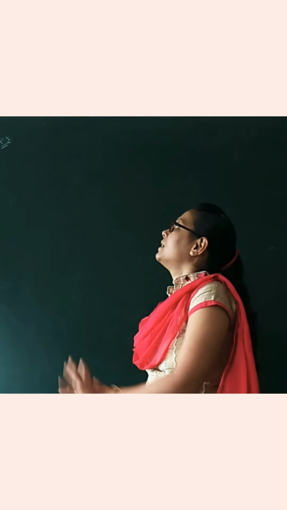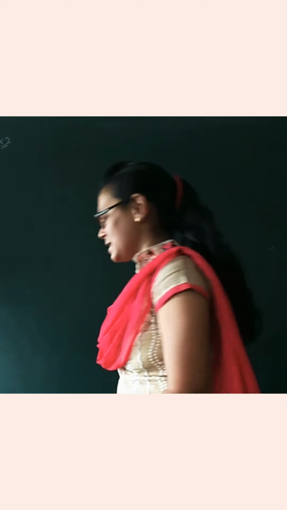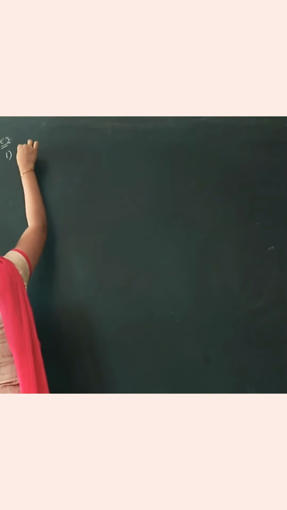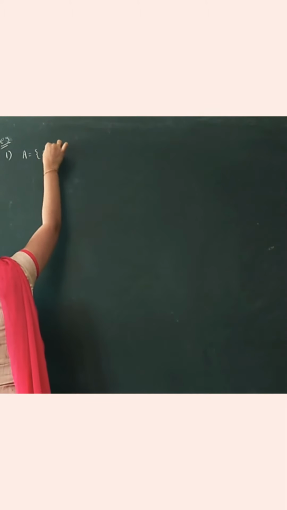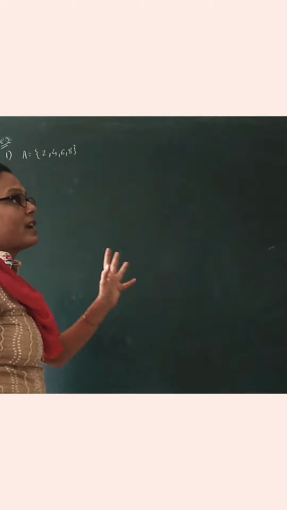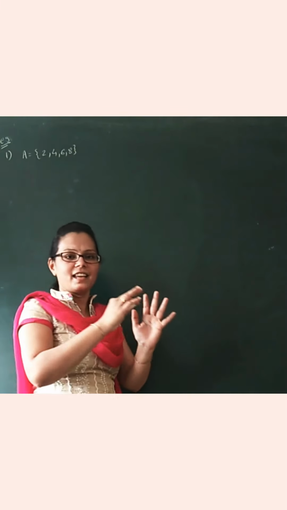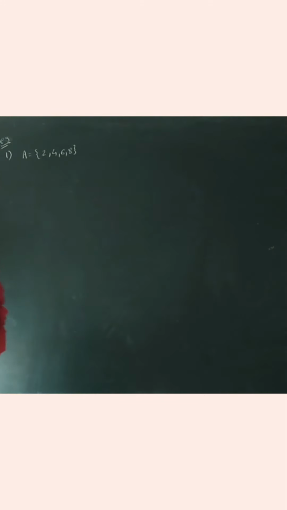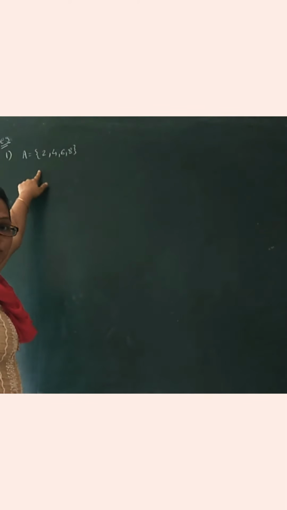Okay, अब आगे बढ़ते हैं. So first example देखना, हाँ, छोटी छोटी ट्रिक्स हैं, छोटे छोटे चेंजेस हैं. How can we play with the set? Here I am writing A is equal to {2, 4, 6, 8}. That's it. Okay, मैंने क्या किया? I am taking a set A is equal to {2, 4, 6, 8}. That's it. So how do I take it in a set builder form? This is my listing method, roster form.